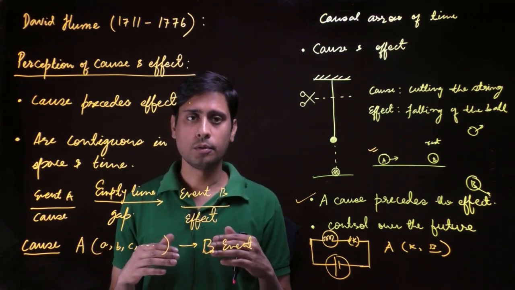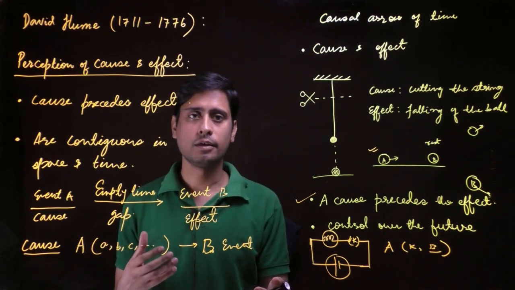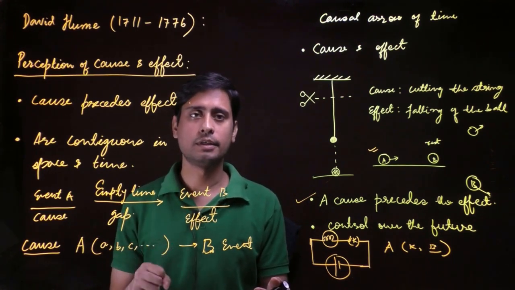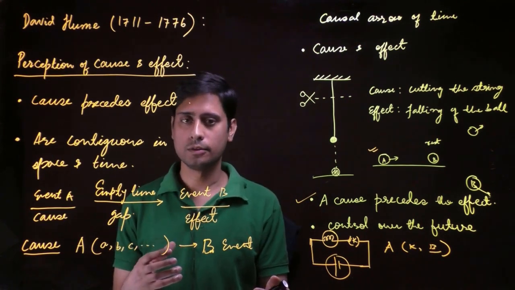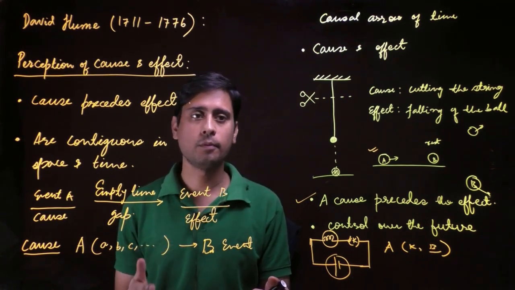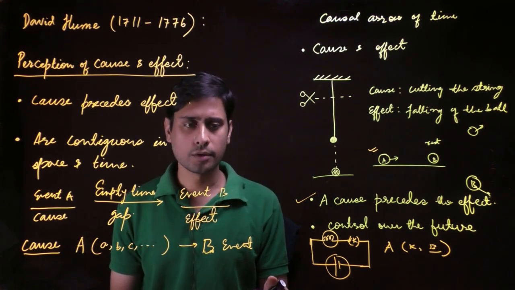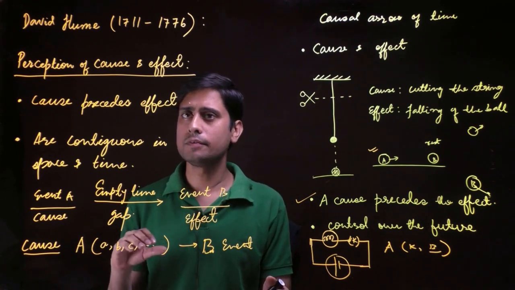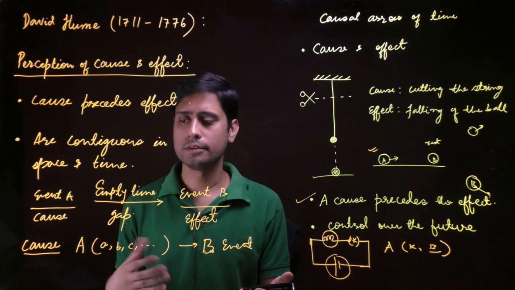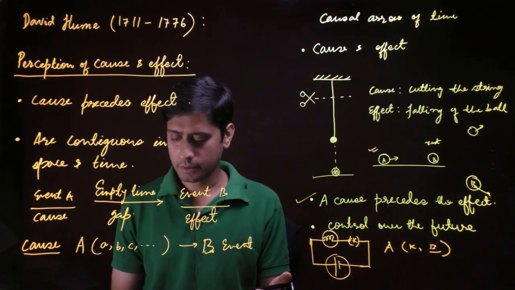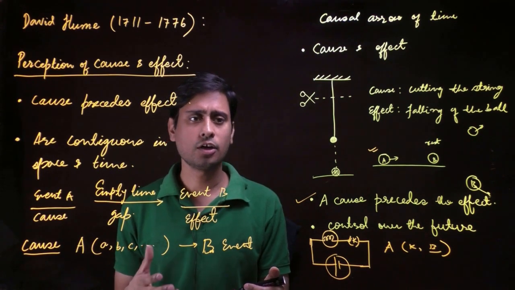So the idea of precedence of cause over effect, we have to overcome it, and we have to say that cause and effect occur together to challenge the position of David Hume. So this was one of the arguments against Hume's position, but after these arguments,